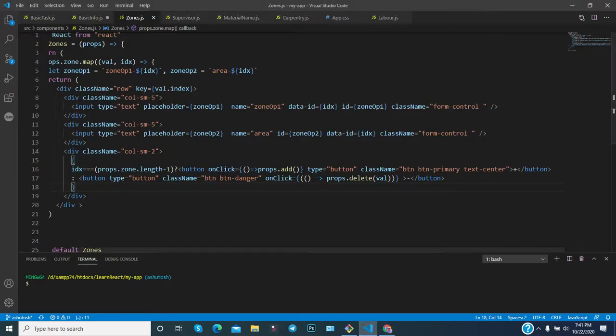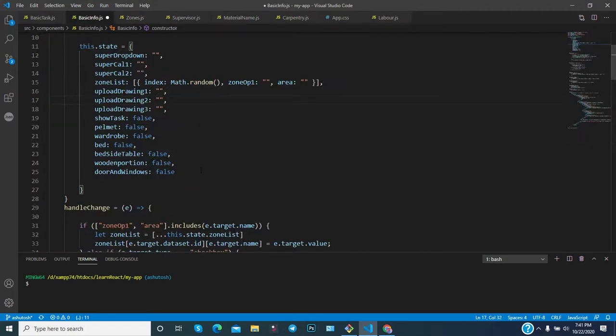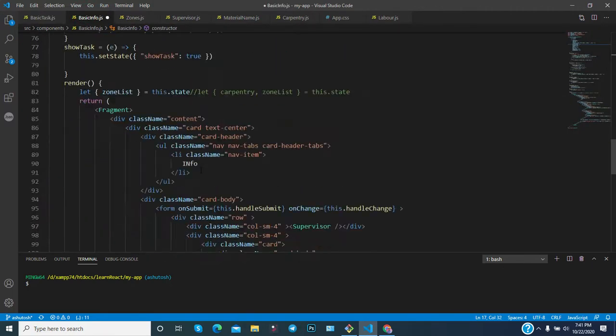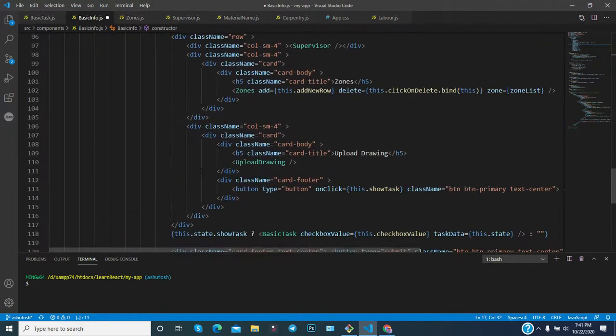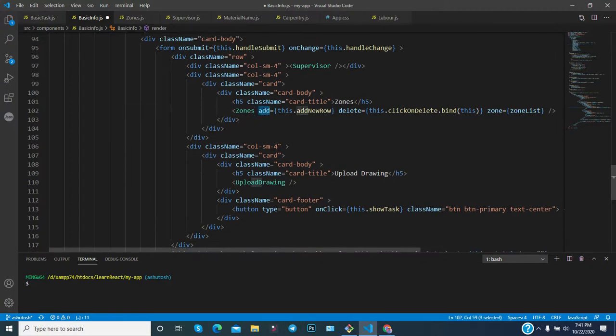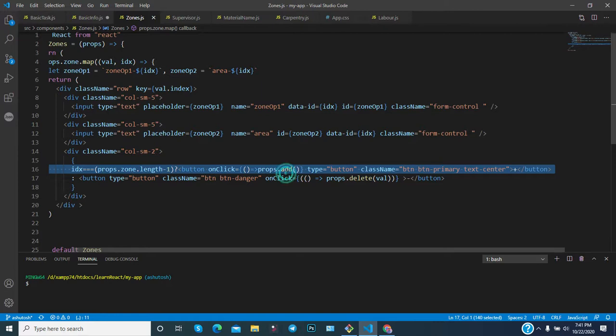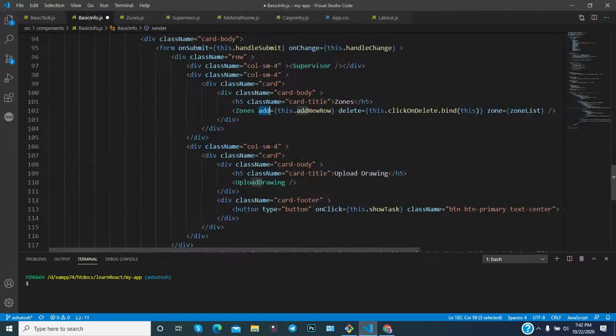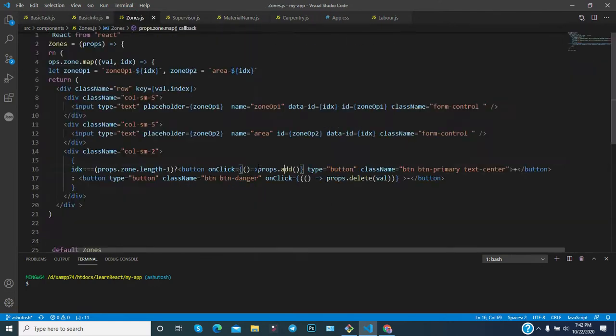That's why on the click event we are doing something. Through the props we have utilized add. Again, I am going to the particular component where I have called it. So this is the add. You have called it as a function, because here the type is function. That's why we have provided the function here.